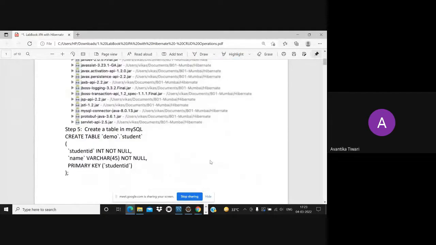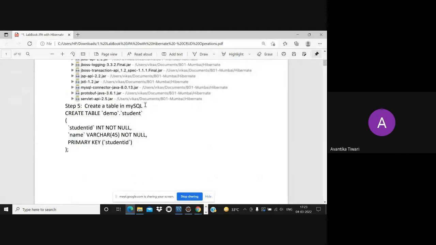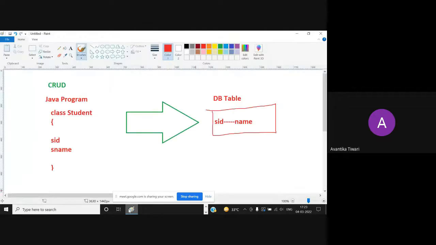So next what you have to do is, you have to keep your database table ready. The objective that I discussed with you, that we will be doing this in a Java program, we will be doing this in a database table. For this particular requirement, the query is this one.